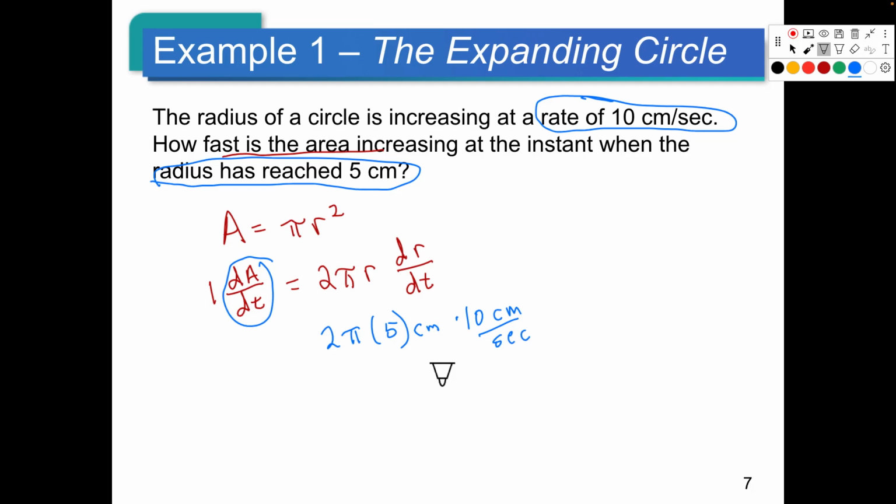We will get centimeters squared per second, which is units of area, and that's what it's going to be equal to, right? The derivative of area with respect to time is now 2 pi 5 10 centimeters squared per second. So 5 times 10 is 50. 50 times 2 is 100. So this is going to be equal to 100 pi